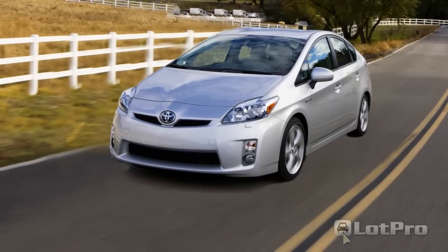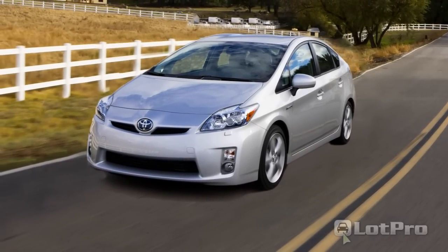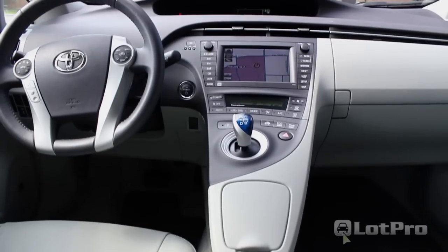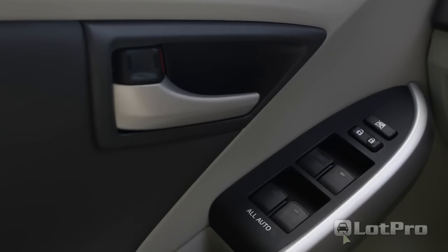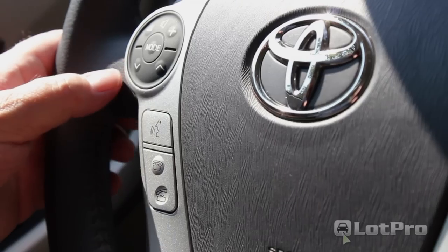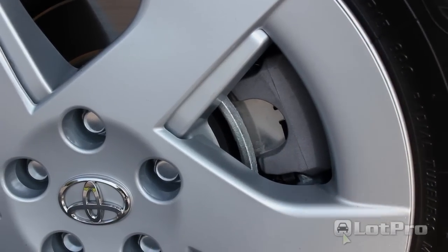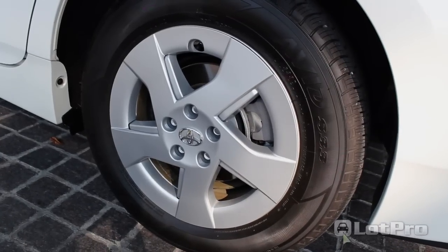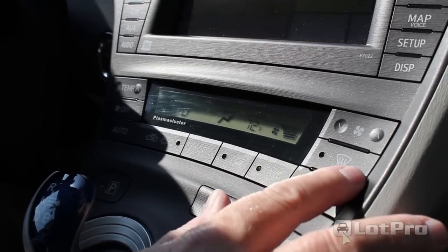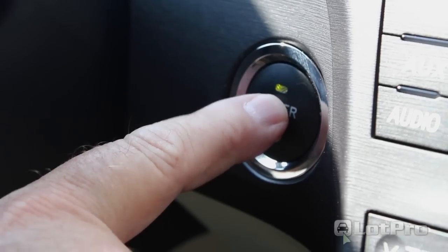Rather than rely on myriad option packages, the Prius is available in 4 trim levels: the Prius 2, Prius 3, Prius 4, and Prius 5. The base Prius 2 comes standard with 7 airbags, power windows, driver's seat height adjustment, electric steering, electric water pump, tilt and telescopic steering wheel with audio, 4-wheel disc brakes with ABS, stability control, traction control, brake assist, and smart stop technology. Also standard is automatic climate control, an AM/FM CD player, 15-inch alloy wheels, keyless entry, push-button start, and